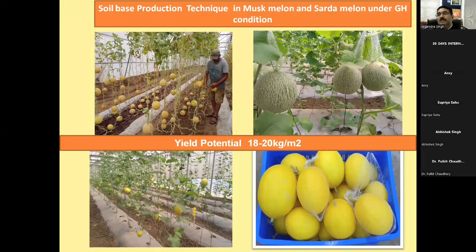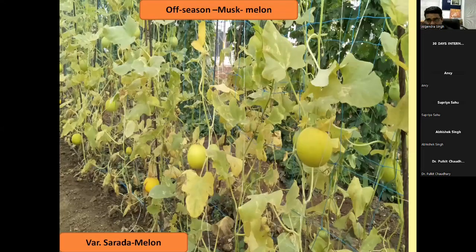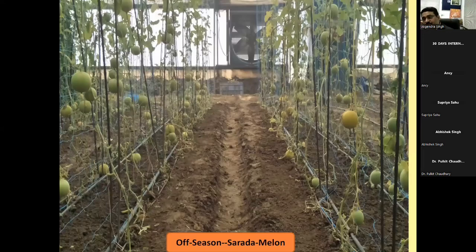So these are cultivation practices under polyhouse condition to receive more yield during off season. The cultivation package of practices is almost similar. Production technology and agronomical package of practices are similar to all greenhouse crops. Every crop takes nutrients almost similarly.